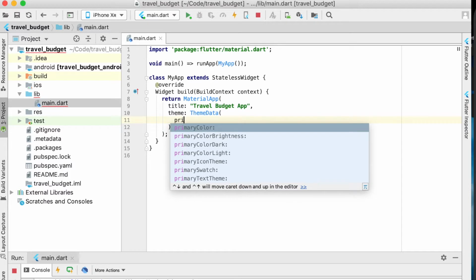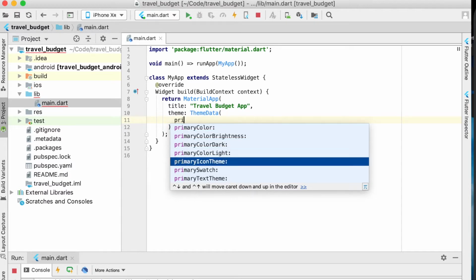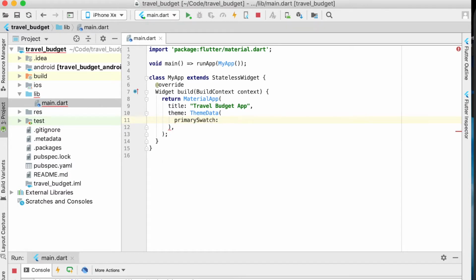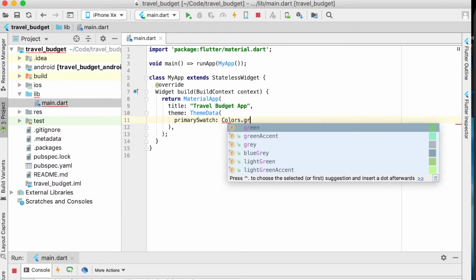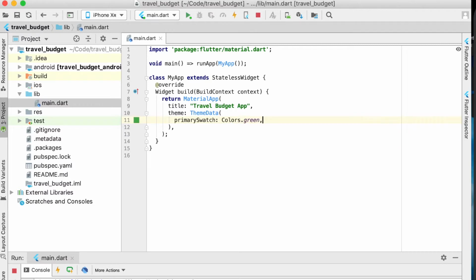We actually want primary swatch here, and we'll make that green right now. That's basically how this is blue right now, it's the default. This is just going to change those colors to green. Now we want to give it the home,